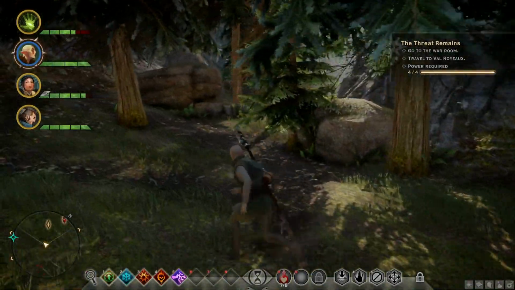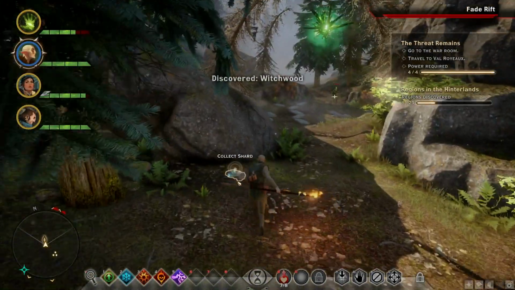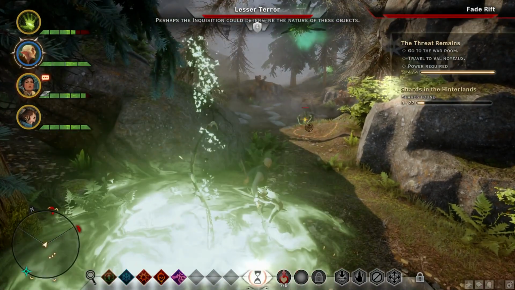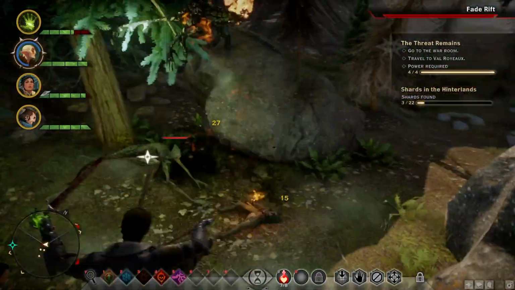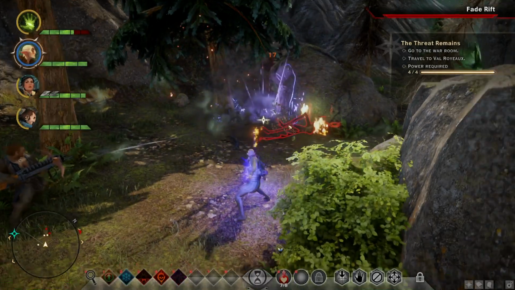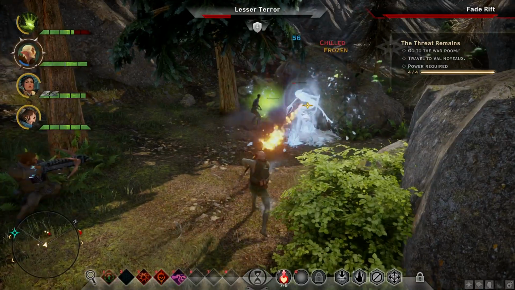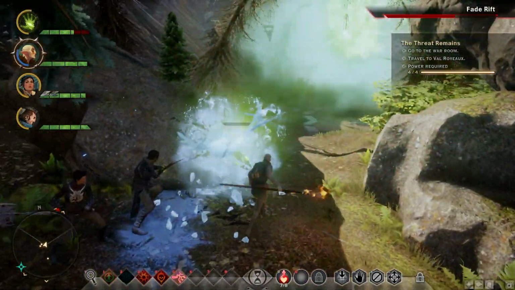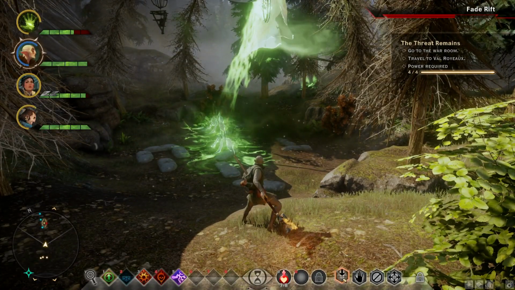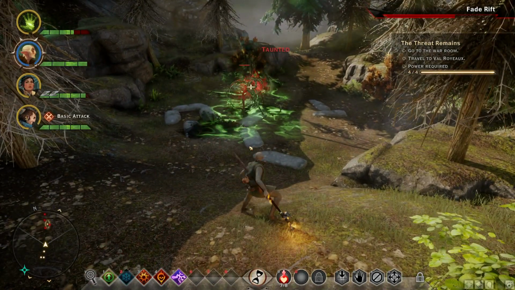So I grab a little potion, and then I decide to go through this gap, and we actually find ourselves at another rift in the Witchwood. Killing some lesser terrors there. And again, I've got to get my main character to jump in and kill these lesser terrors, or rather seal up the...